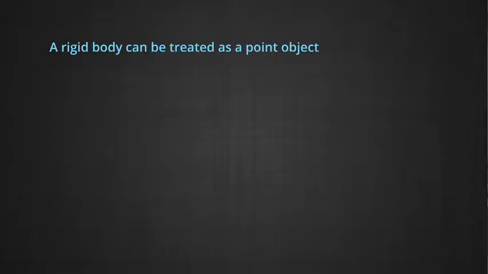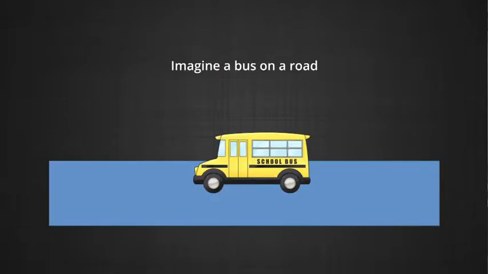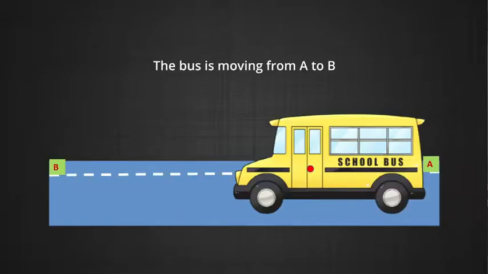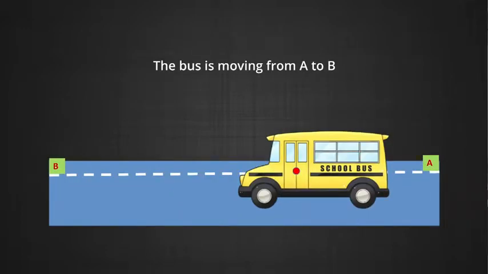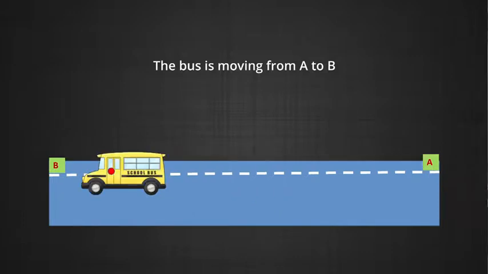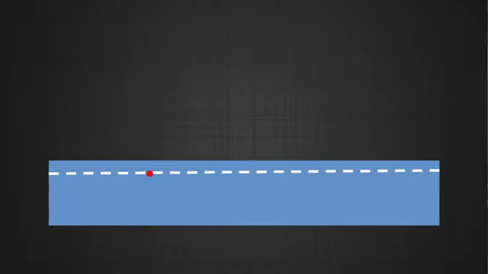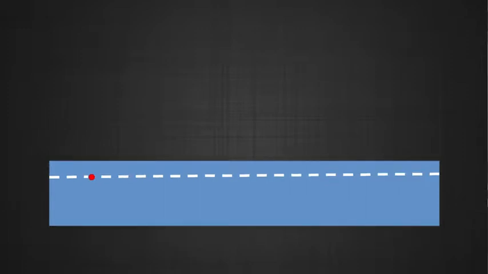Having limited ourselves to this, we have another very interesting thing to do, and that is that if the body is rigid, then I can take it as a point object. You can see a bus on the road and imagine a red dot on that bus. As the bus is moving, so is the red dot. Now, if you consider the bus to be a rigid system, this red dot is capable of telling us how it is moving, what direction it is going in, how it is changing its place from one point to another can be talked of in terms of the red dot